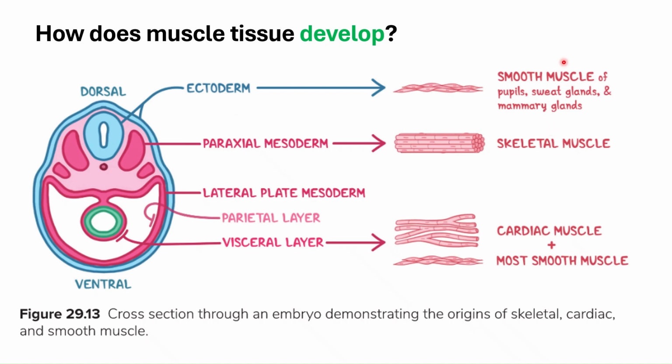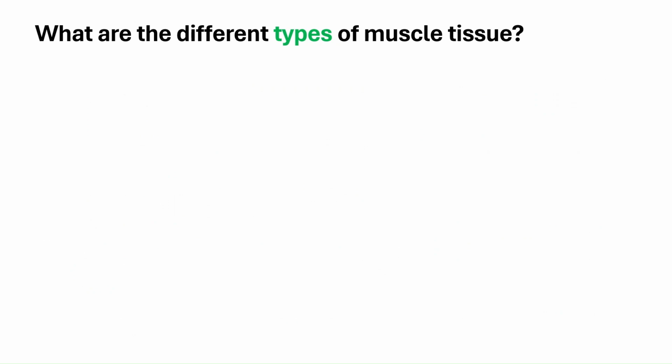Okay, and some smooth muscles not found in your hollow organs will come from ectoderm, because this will be the main germ layer which produces that specific organ, such as your eyes, or if it is a minor smooth muscle tissue interspersed in an epithelial type of tissue, which comes from your ectoderm, right? So, in essence, muscle tissue is mostly coming from your mesoderm germ layer. Okay, so let's move on to the different types of muscle tissue.